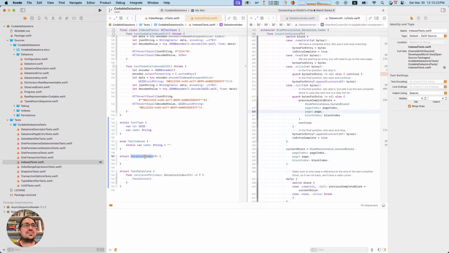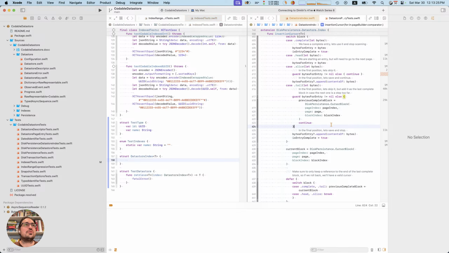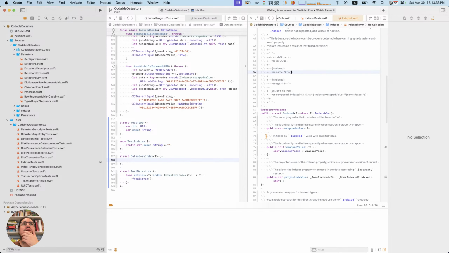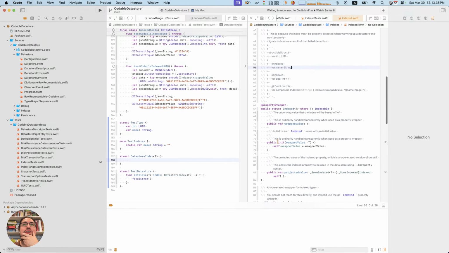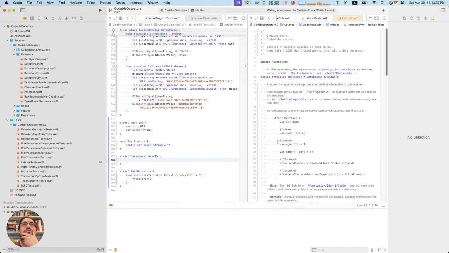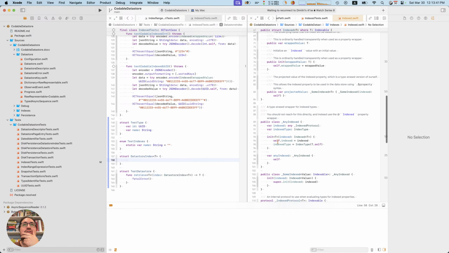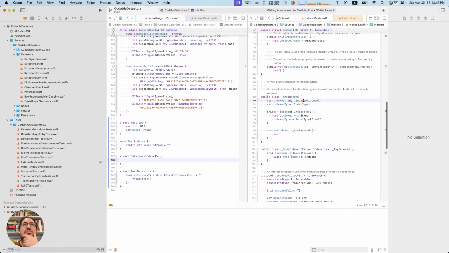Okay, so this index type, again, we want it to have some information. Okay, this is what I currently have, which feels like a bunch of gobbledygook that I don't like. Okay, it has a type. It has a name.